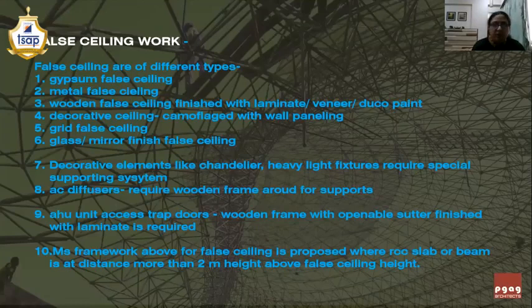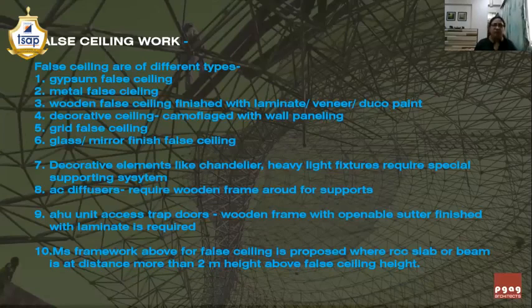Sometimes you propose a grid false ceiling, that is nothing but an Armstrong T grid false ceiling. Then here you need to mention which type of grid you are using. Are you using the grid which is exposed, or the grid which is concealed inside the ceiling where you want only the groove to be seen? Then the grid ceiling make you need to mention. In gypsum ceiling also, and in grid ceiling also, you can go for Armstrong ceiling or any of the options similar to that.